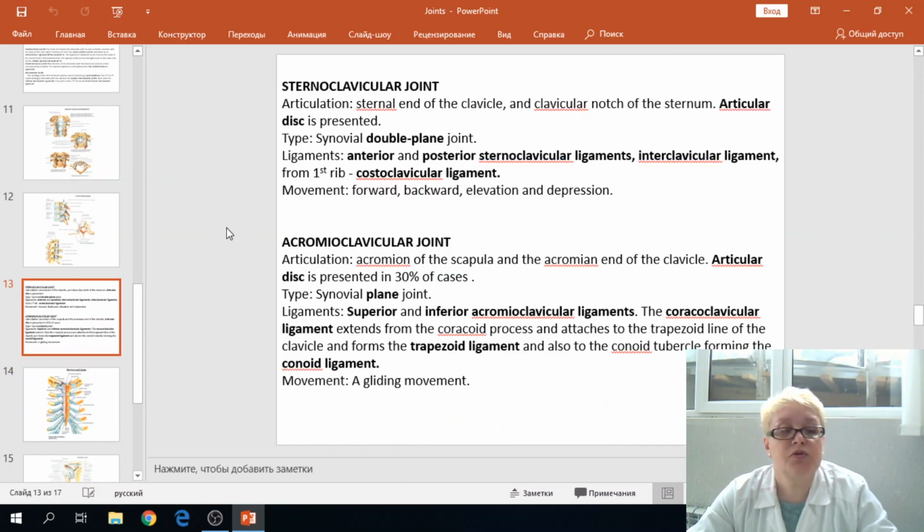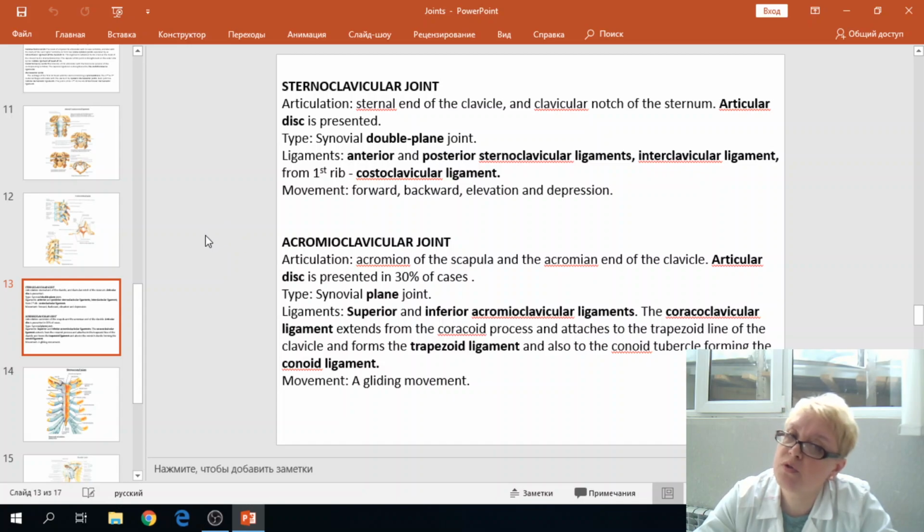So these are the joints of the vertebral column, sternum and rib, and next are the joints of the upper limb. The first joint is the sternoclavicular joint. Sternoclavicular joint articulation: the sternal end of the clavicle and the clavicular notch of the sternum. And in this joint an articular disc is present. This joint is a synovial double plane joint, and the ligaments of this joint are the anterior sternoclavicular ligament, posterior sternoclavicular ligament,